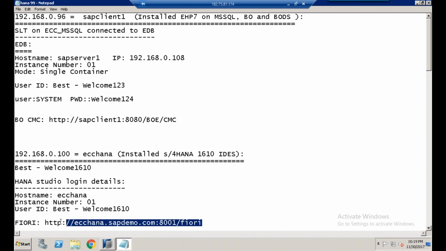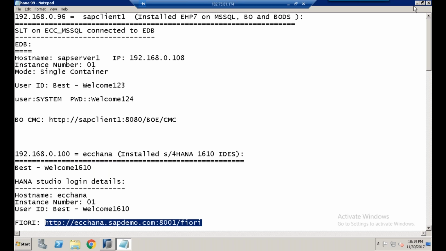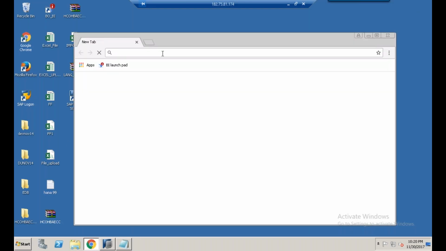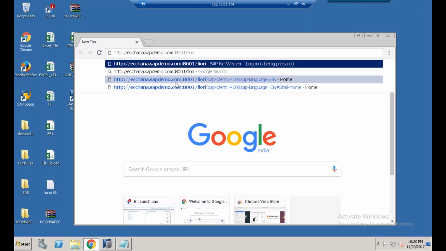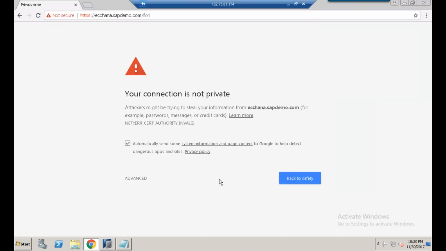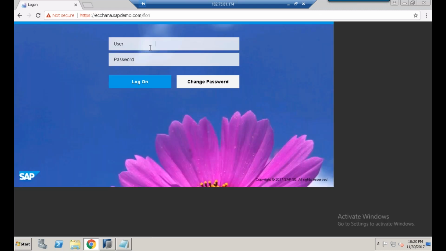So let us log into the SAP Fiori apps, which is on the front end. Provide the username as best and password W capital welcome 123 and click log on.